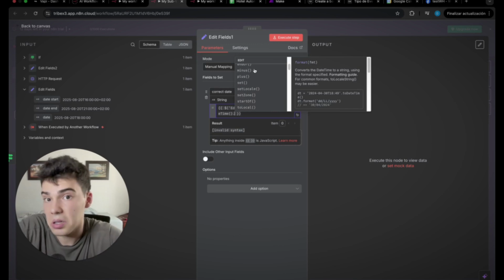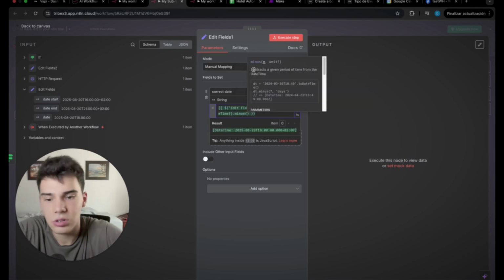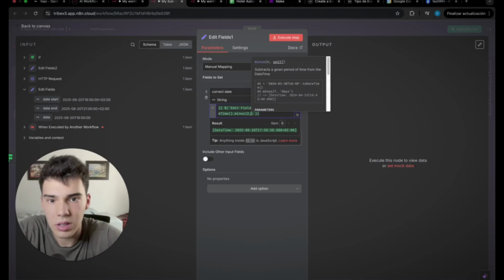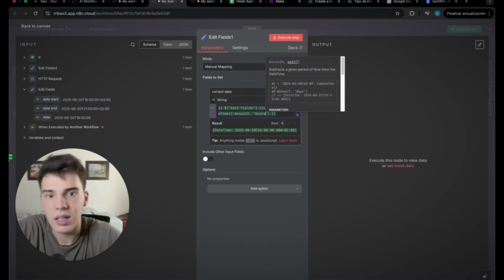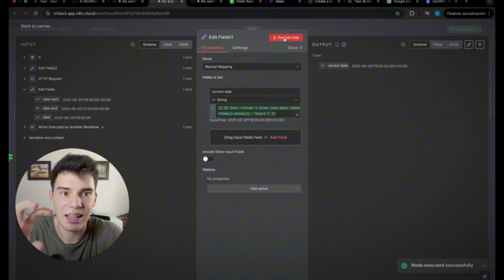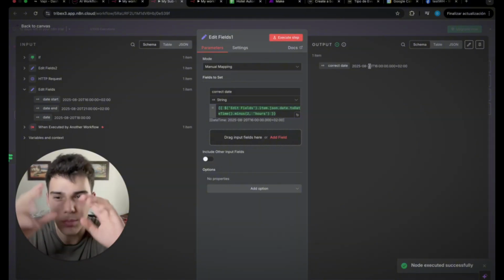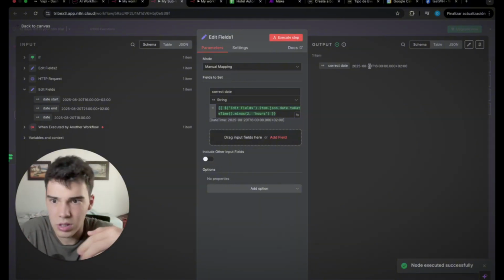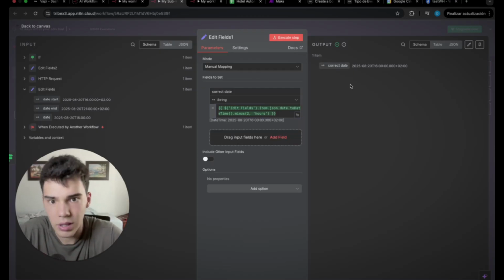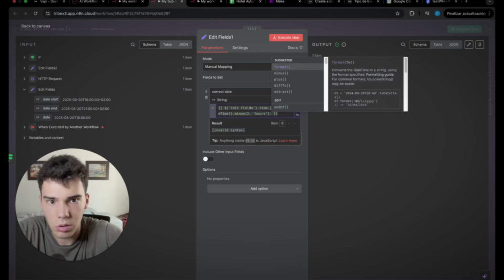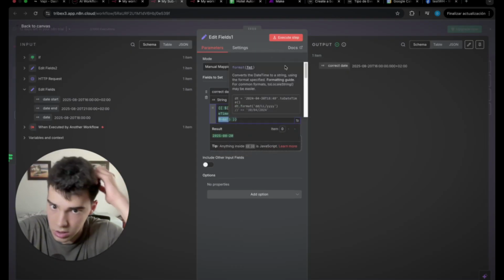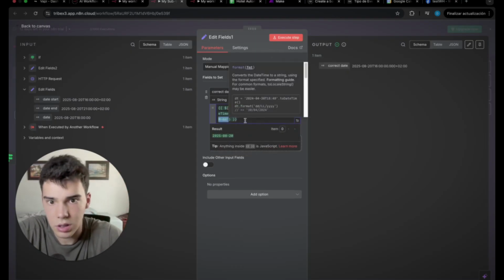I'm gonna basically put -2, and I'm gonna put, in this case, hours, so that the system remains the same format. We could even put here, if we want, .format, so that it stays the same, as you can see here,